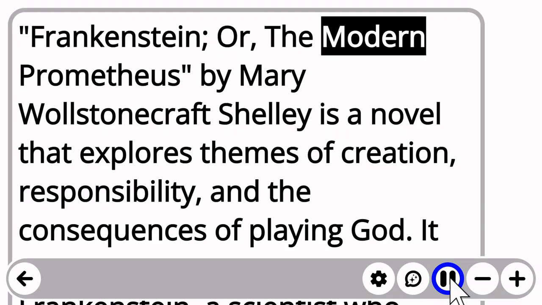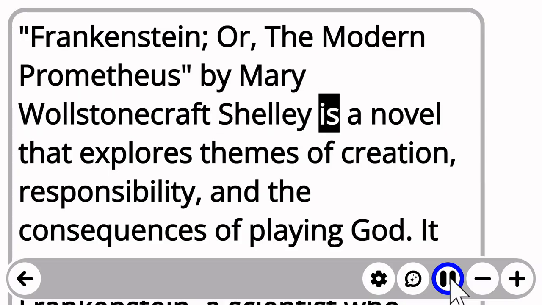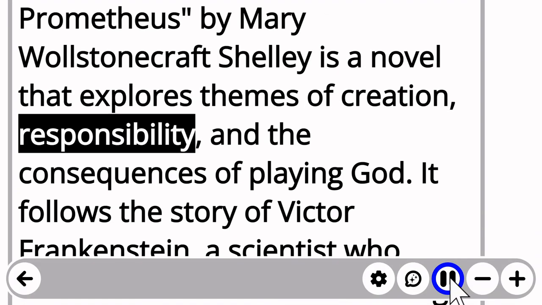Frankenstein. The Modern Prometheus by Mary Wollstonecraft Shelley is a novel that explores themes of creation, responsibility, and the consequences